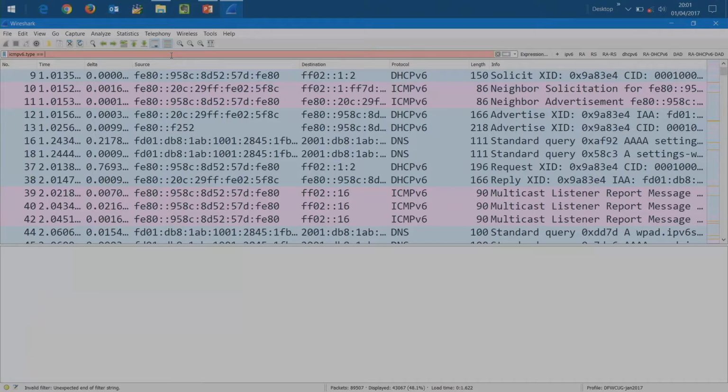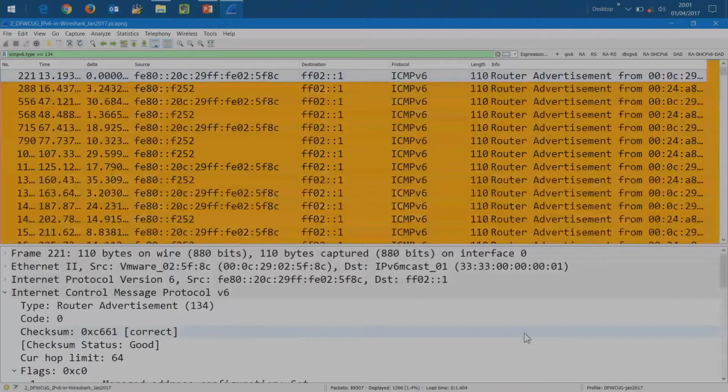Red means whatever you're thinking you're looking for is not real. Yellow means there might be something similar. Green means you dialed it right in where you want to be. That's a valid field in the packet. And so now I've filtered out of 89,000 packets, 1,266 are router advertisements. All I'm looking at now is router advertisements. Just a really quick thing.